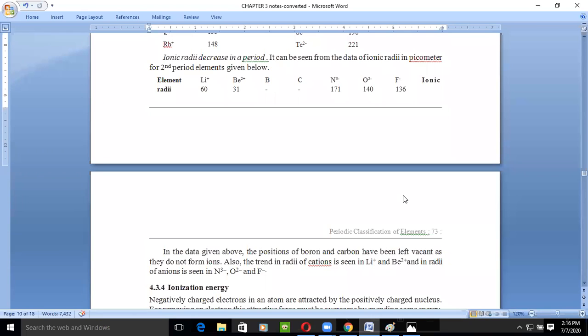But boron and carbon are elements which, even in special conditions, do not form ions, because these are non-ionic compounds. If you dissolve them somewhere, they will not dissolve properly, they will precipitate. There are three forms of carbon: graphite, diamond and coal. If you dissolve coal in water, what will happen? It precipitates in the solution.